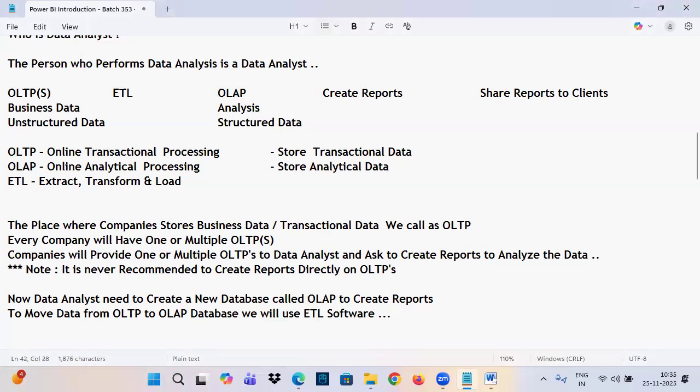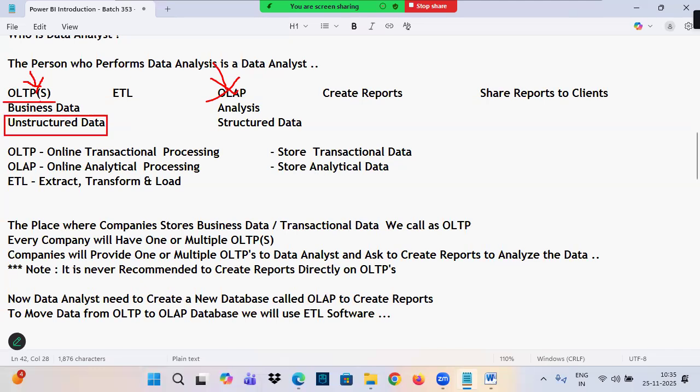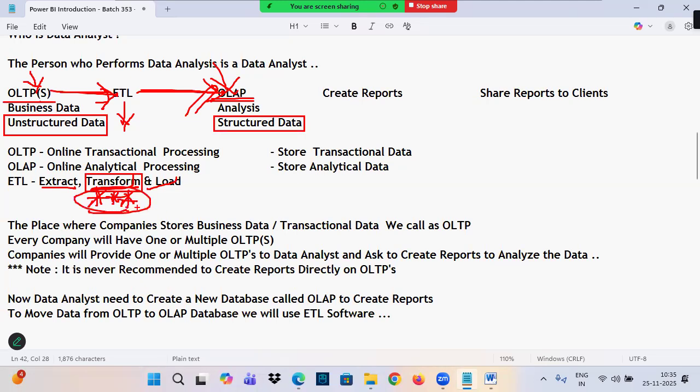So OLAP is getting the data from OLTP only, right? When OLTP has unstructured data, how does OLAP become structured? Because of this ETL, right? ETL stands for what? E stands for extracting your data. T stands for transforming your data. L stands for loading your data. Here the major work is transform, the middle one in ETL. That is major. That transform will convert unstructured data to structured,